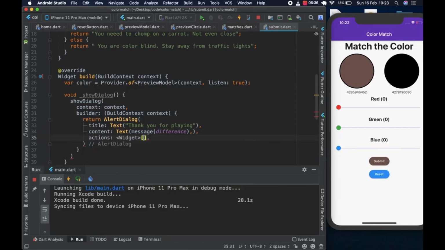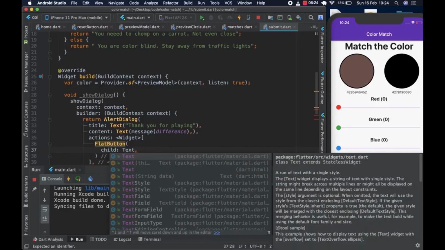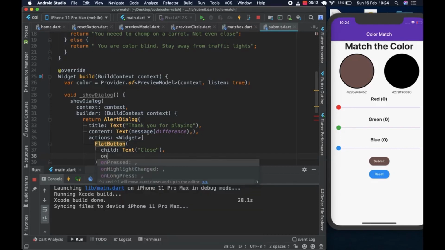And the actions, we're going to have a flat button. You could put a raised button if you want. The child is going to be text of close. You could put an icon with the X, but I thought let's just make it explicit. On pressed,